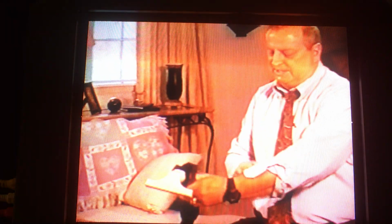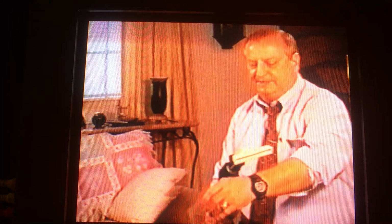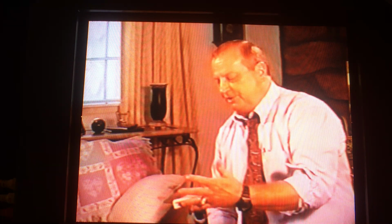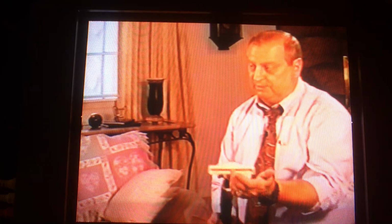Now let me show you what happens. You know, a lot of people think it's the suction that cleans. Let me show you something. This is suction here. Now that's not really what cleans. This right here is called airflow. That's what picks your dirt up. And what happens is when you coat this bag, you'll lose that airflow. And when you coat it, it's really irrelevant how much suction you got. Let me show you what I'm talking about. If you'll slide down just a second here, what we'll do is